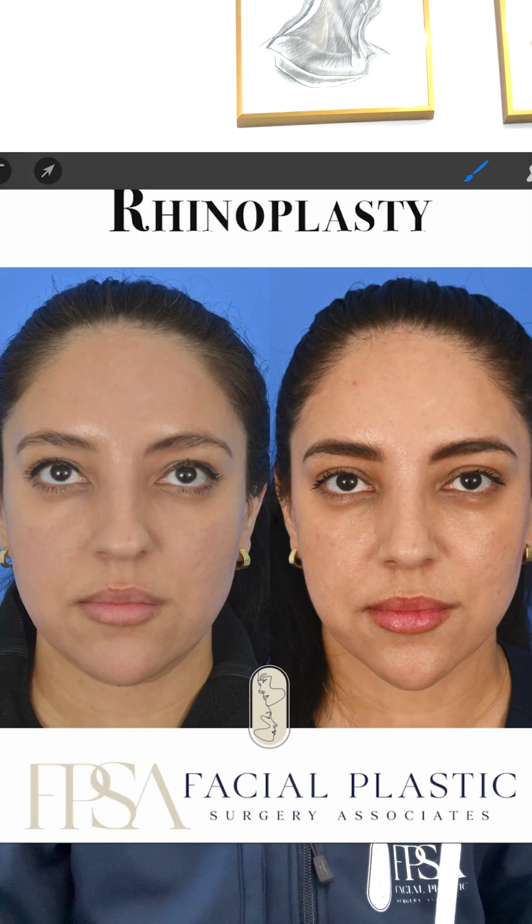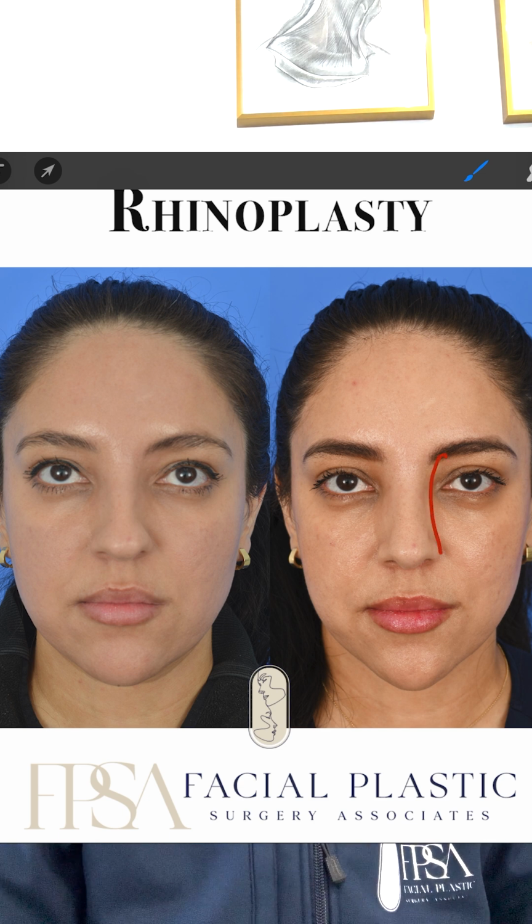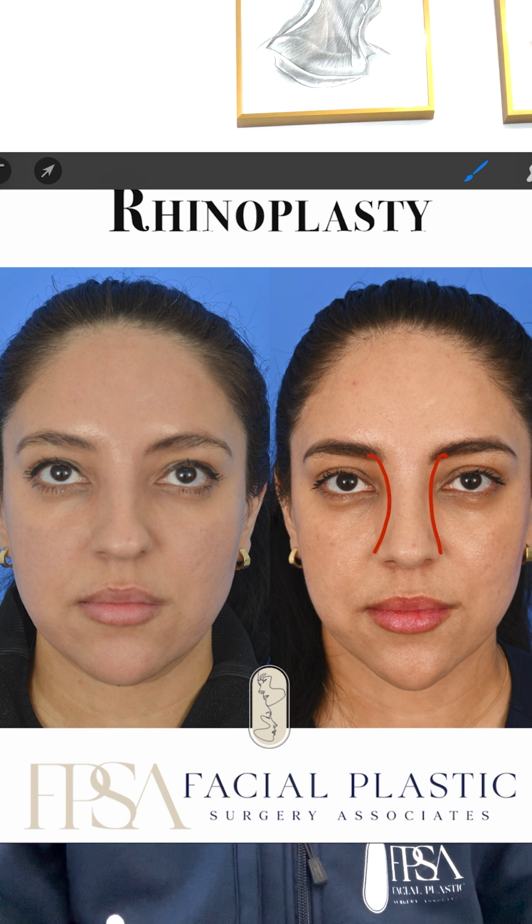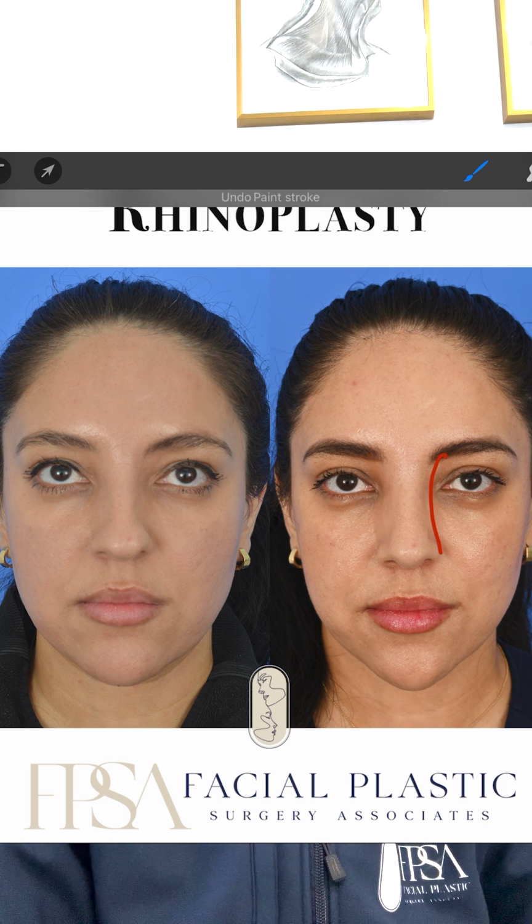Now returning to the front view, we'll show you what we performed following rhinoplasty. She's seen here about 2 months out from her surgery. So from the front here, you can see her dorsal aesthetic lines have been improved. So we softened her nasal features, used some cartilage grafts to improve her nasal contour, and then importantly here, you